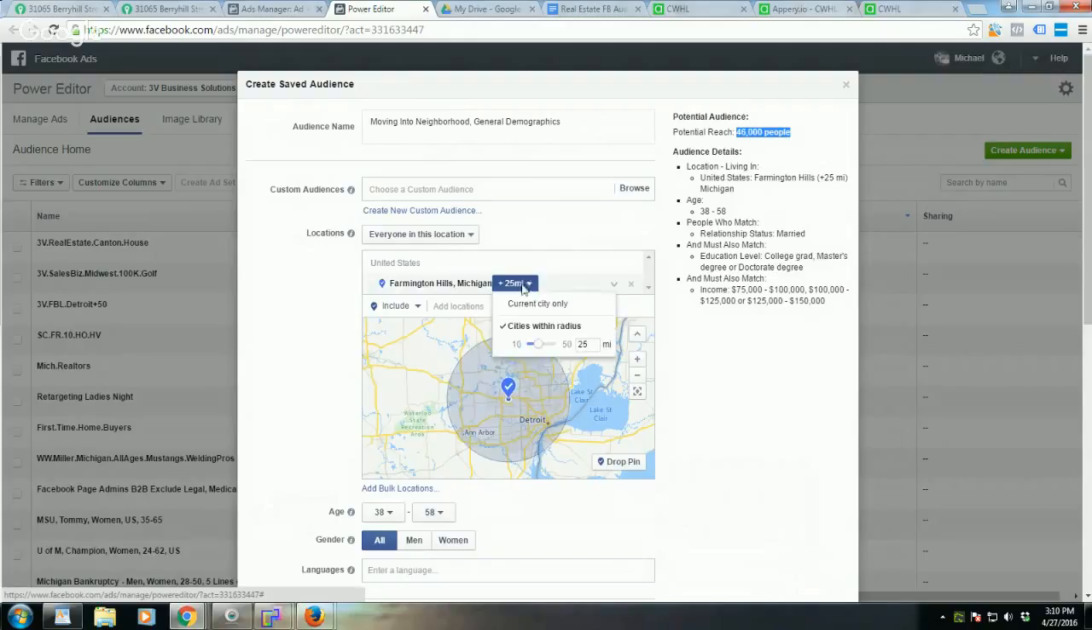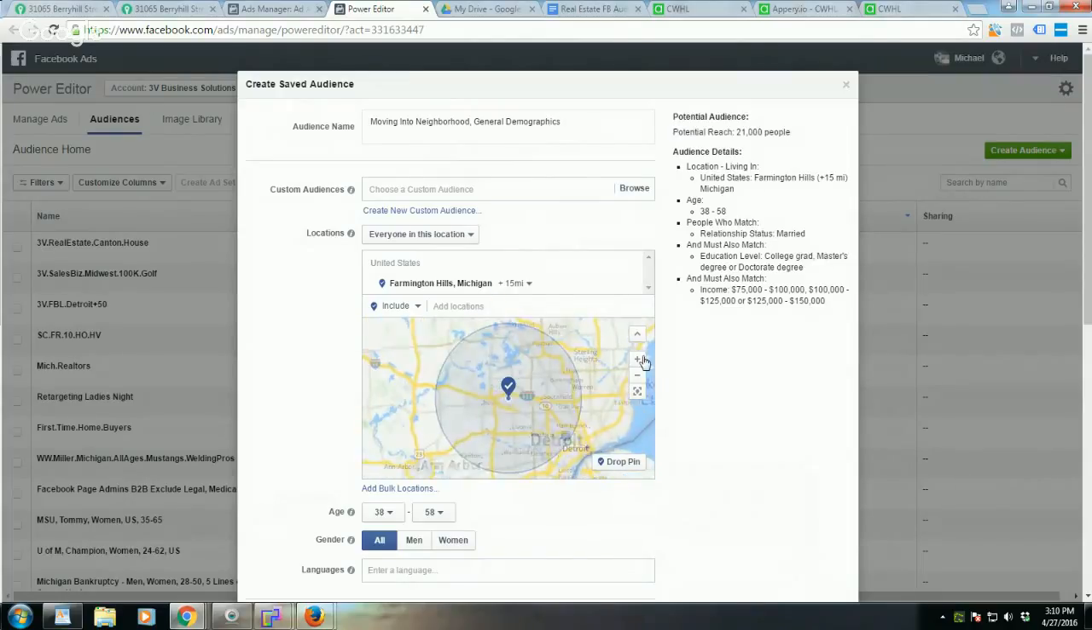So I'm going to reduce the radius here down to 15 miles, and I'm going to see how low I get that number. So I get it down to 21,000 people. I'm going to actually take it down a little bit further, 10 miles. So by reducing the radius around Farmington Hills, we have an audience of 13,000 people that currently live within 10